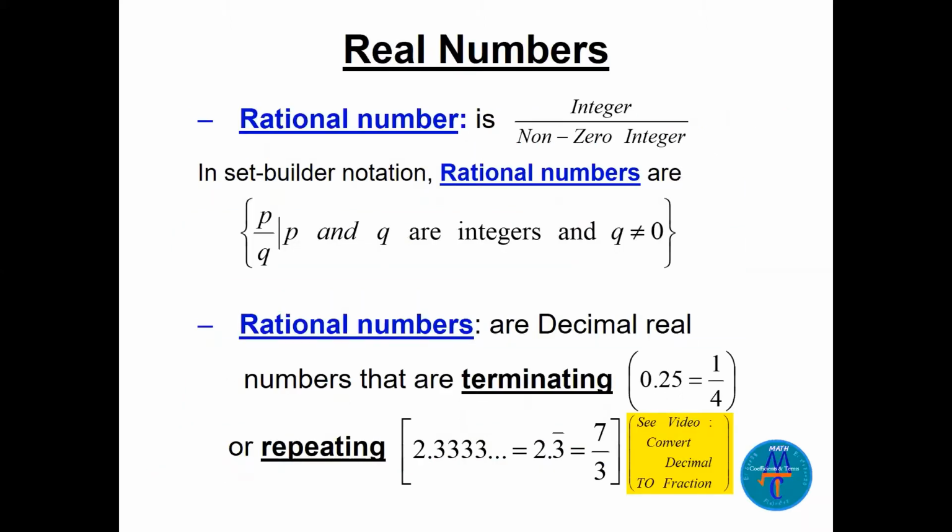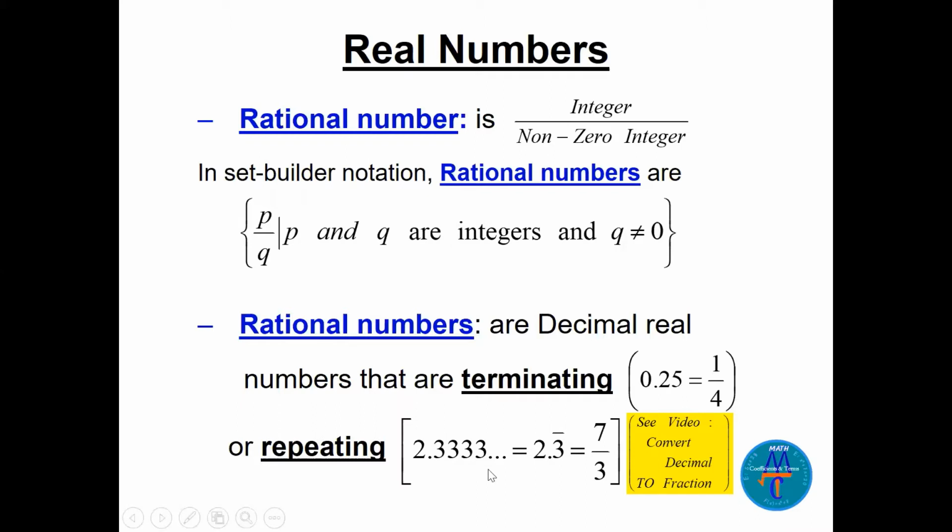Okay, now rational numbers. One of the important parts about real numbers is rational numbers. It's an integer divided by a non-zero integer. So like 2 over 3, 7 over 5, 1 over 10, 0 over 16, all these are rational numbers. Also, rational numbers are decimals that are terminating, like this one, 0.25. See, that's terminating, finishing, which is 1 over 4, or repeating